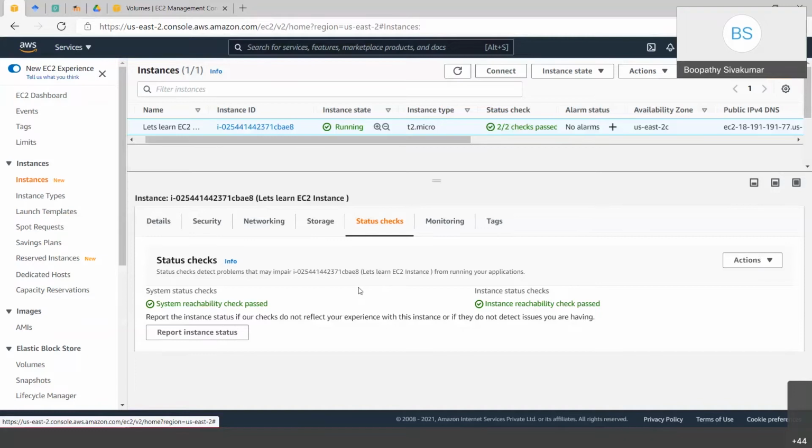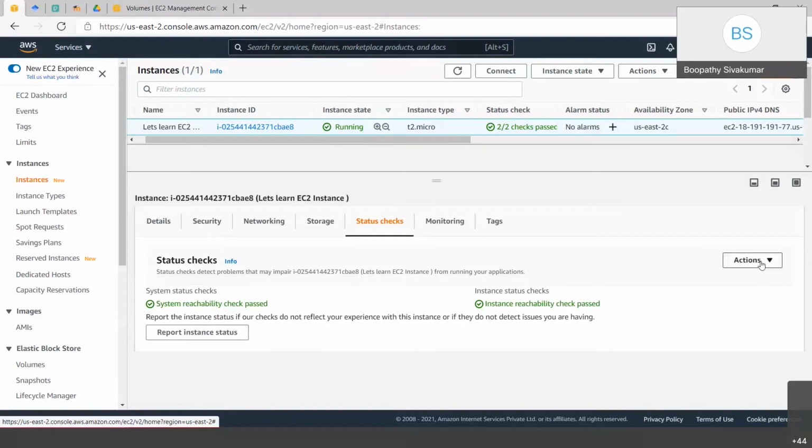If that hardware fails, you will see the issue. To fix that issue, you need to stop and start the instance so that it will place the EC2 instance on another hardware and this issue will be rectified.